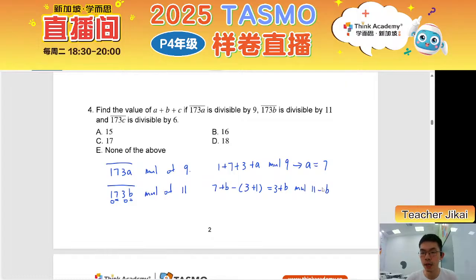So B here can only be 8 because 3 plus 8 will be equal to 11. So we already know A and B. Let's go to C here. So C here,